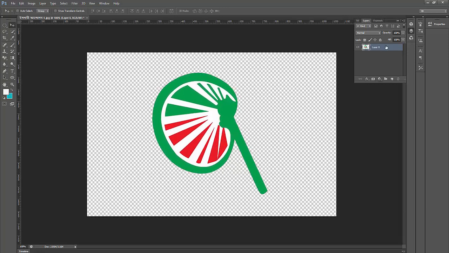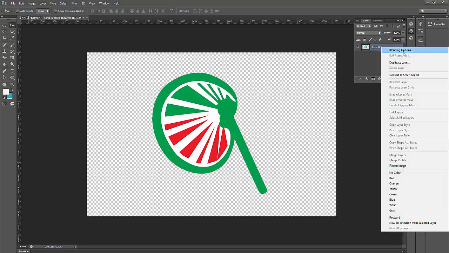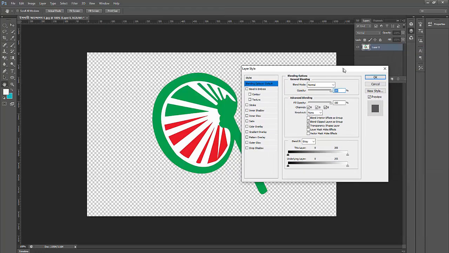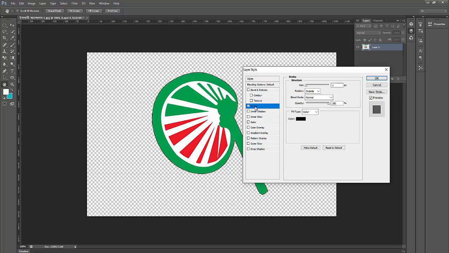Now go to the Layer menu option. Then click. Now select the layer, and click the mouse right button. Then click on the Blending Options. Now you can see it shows the new interface. Now click on the Stroke option. Now you can see